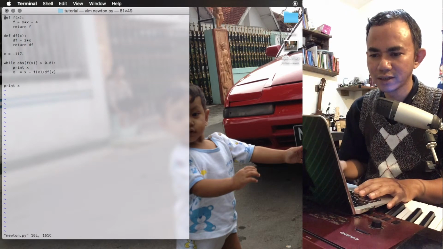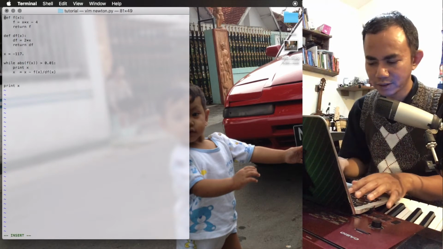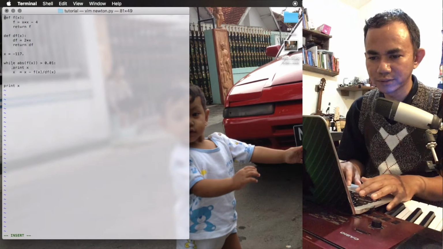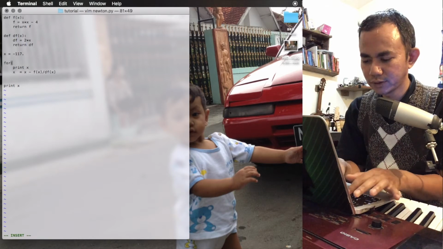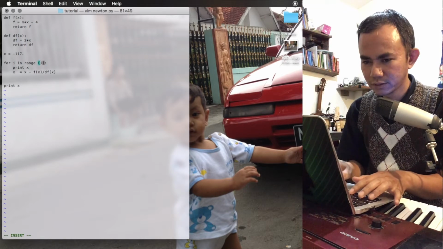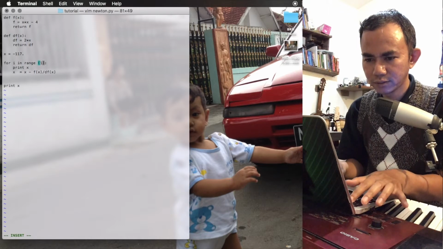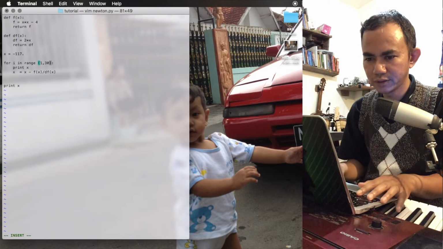Let's use that. I press I for insert mode. Okay, we didn't use while but we use for i in range, let's say 1 to 30.